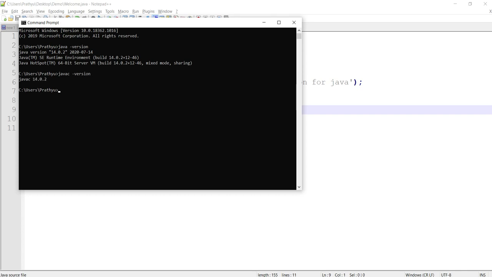The Java compiler is also there, and those paths have been set. That's the reason I am able to run these commands, javac and java. These are the tools which are available in the JDK bin. My path is set, so I am able to execute these commands through the command line.